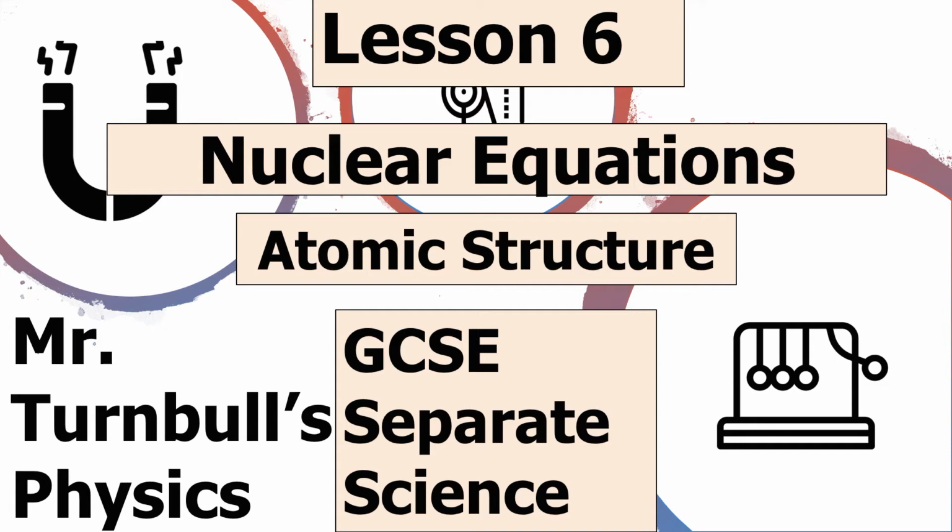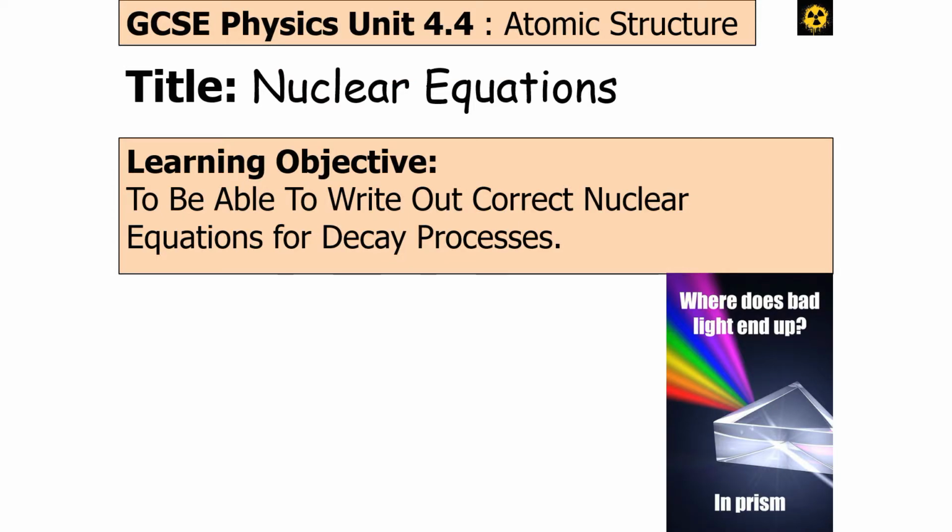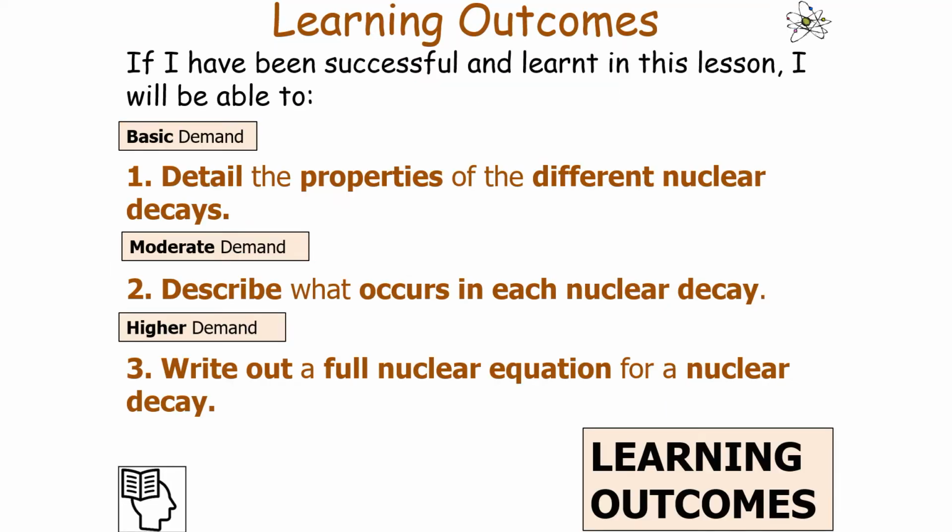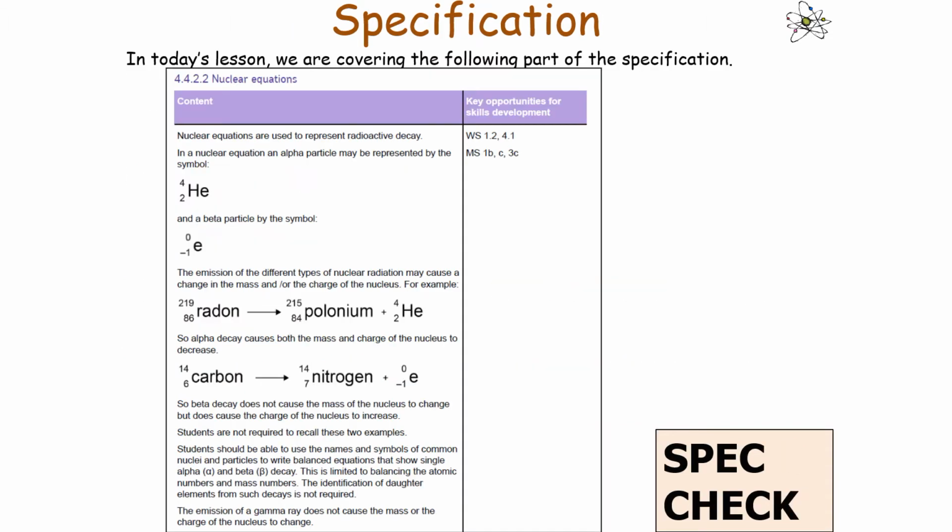Hello and welcome to today's lesson on nuclear equations, which is part of the atomic structure topic in GCSE Separate Science Physics. In today's lesson we're going to look at writing out the correct nuclear equations for the different decay processes. If we've been successful, we should be able to detail the properties of the different nuclear decays, describe what occurs in each nuclear decay, and finally write out a full nuclear equation for a nuclear decay, which links into the following part of the GCSE Separate Science Physics Specification